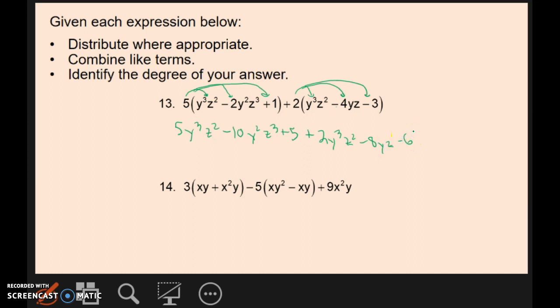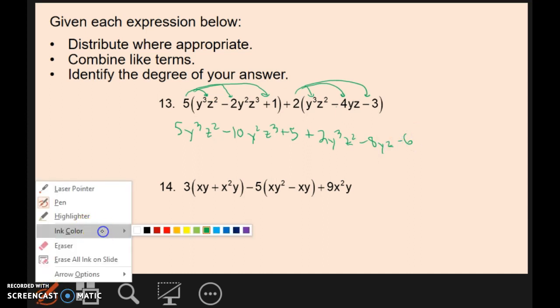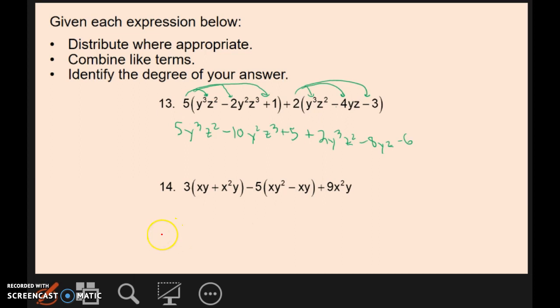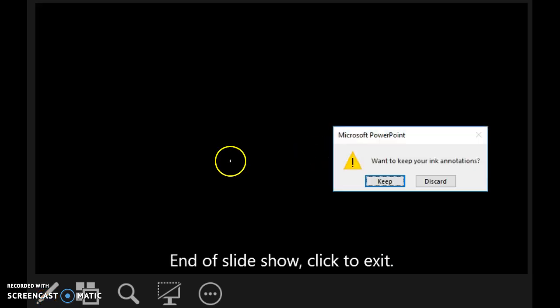So we're looking for like terms, and again, like terms have the same variables and exponents on all pieces. My highest exponent on the variable that's mentioned first, y, looks like it's this one right here, y to the third. And we do have a match with this over here. They both have y to the third and z squared. Putting them together, I get